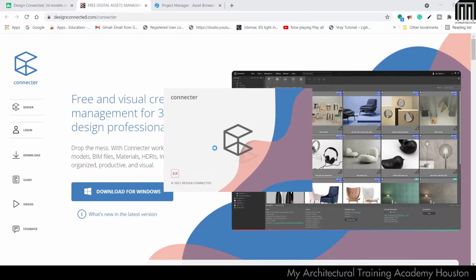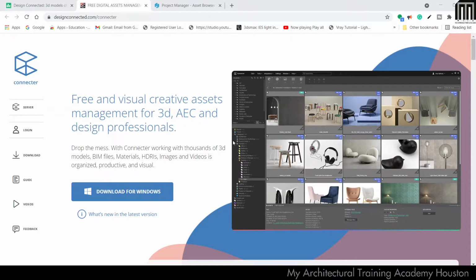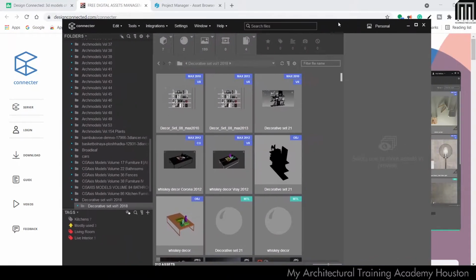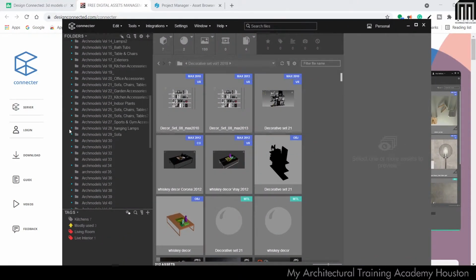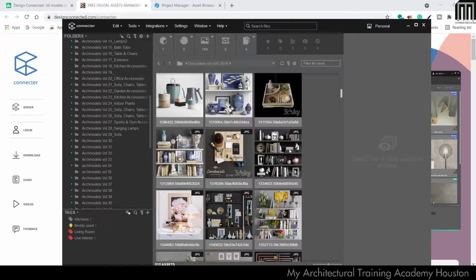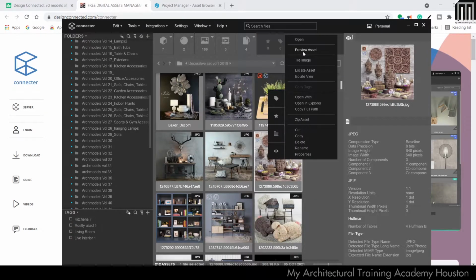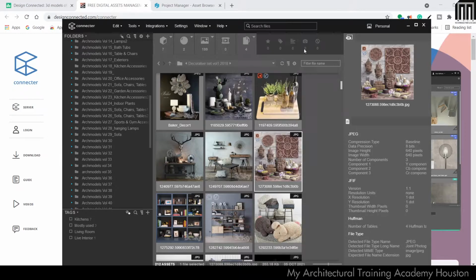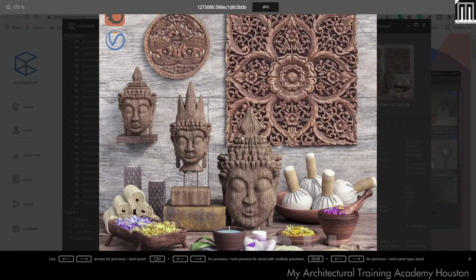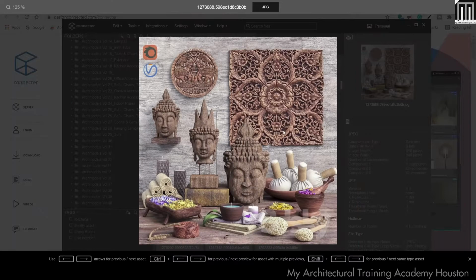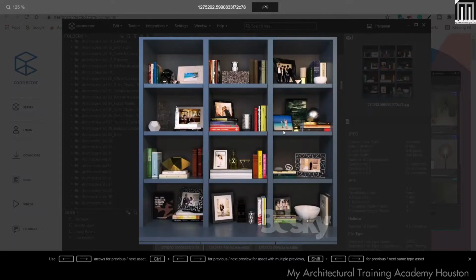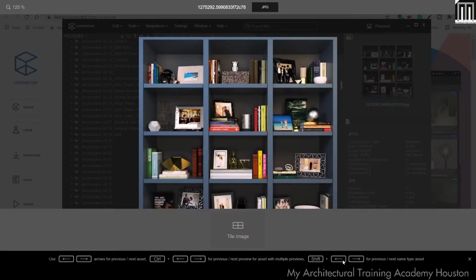This is how it looks, and these are the previews you have. Let's say I right click and say preview asset. You can zoom it, have a look, and go to the next using the arrow keys.